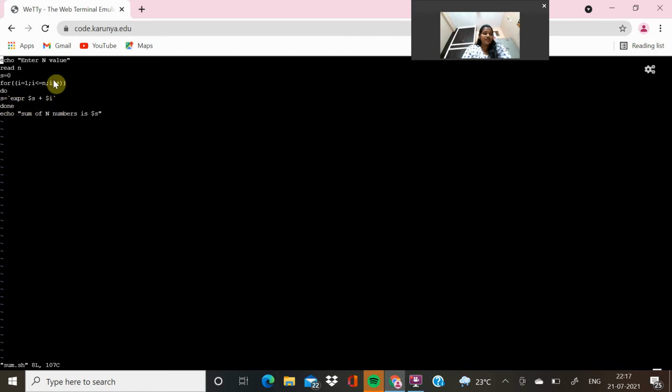That means if you are giving for s, it will be adding the sum of n numbers. So if we are giving the number, for suppose, 10, then we will be getting its output as 55.